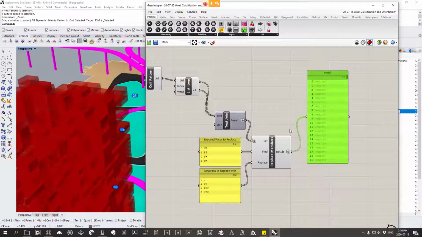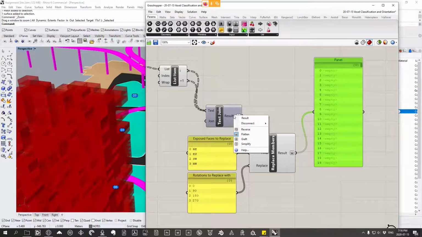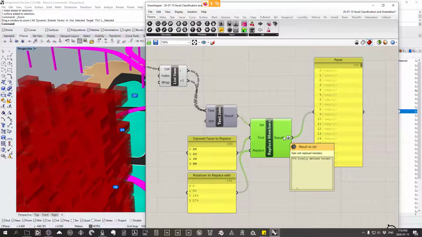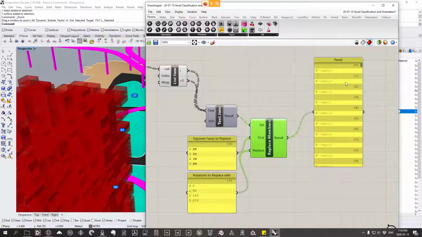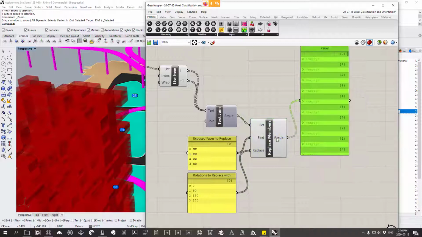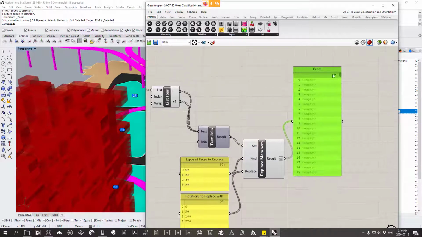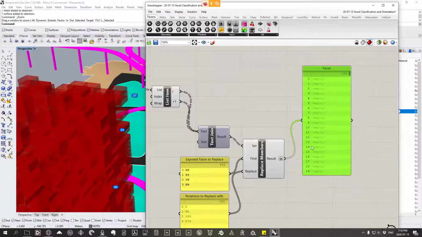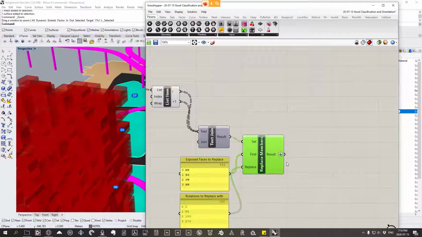So essentially what I want to do here is by flattening this replace members output, what I was hoping to do is a lot of times when you flatten a list, it's just going to get rid of the empties like that. Sometimes Grasshopper is kind of strange, and sometimes it's not doing what I thought it was going to do. So it's not getting rid of these empties. So instead, what we can do is take the suggestion in the chat, and thank you so much for your helpful suggestion,